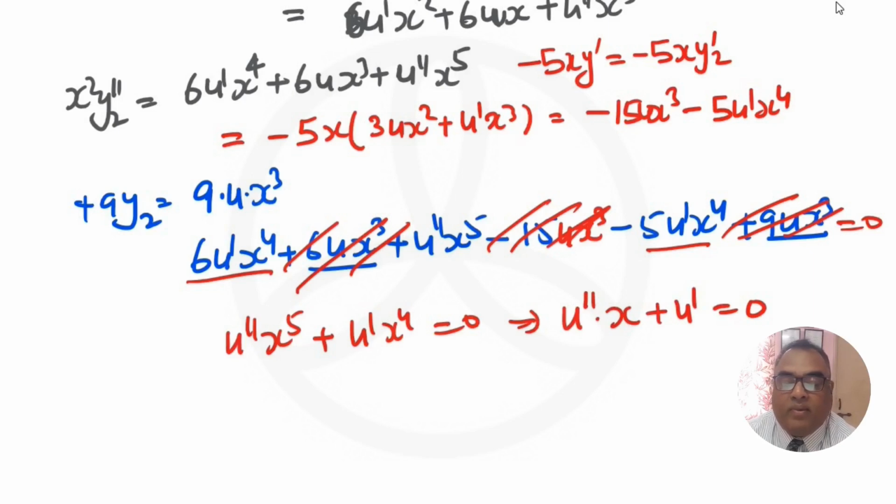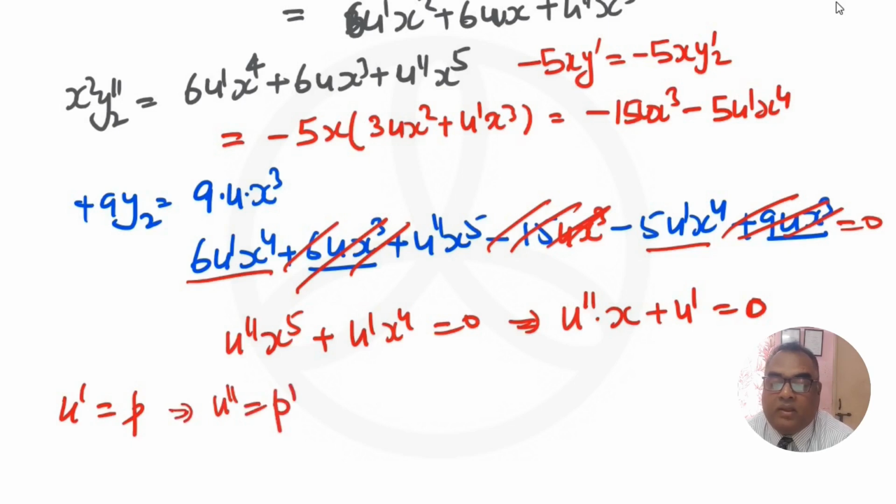This means we have actually been able to reduce the order of the entire equation by 1, and we have only u double prime and u prime to solve. Now let us assume u prime is equal to p. This will give u double prime as p prime, and we will have p prime x plus p is equal to 0, and this will give us p prime divided by p is equal to